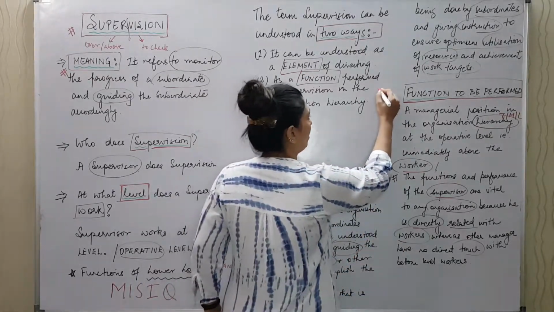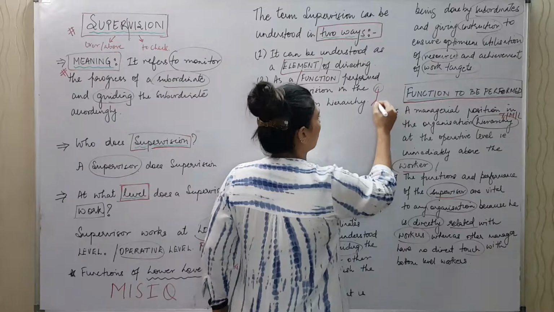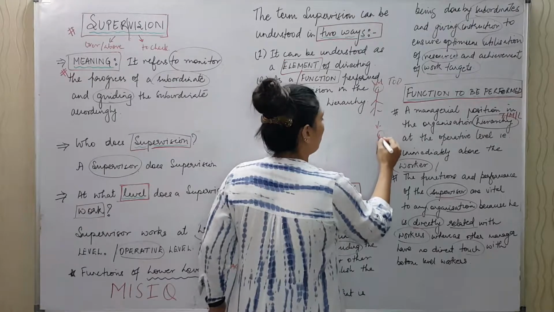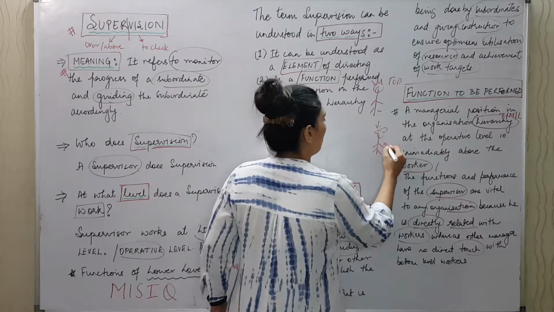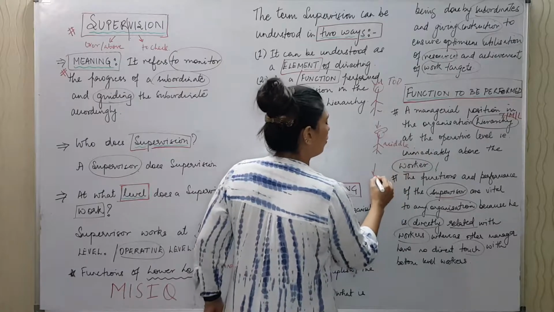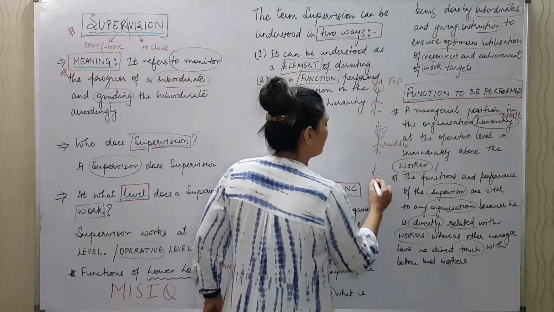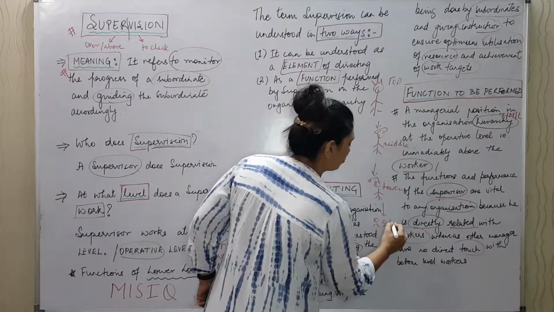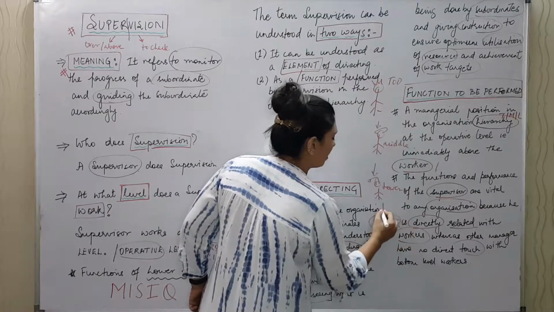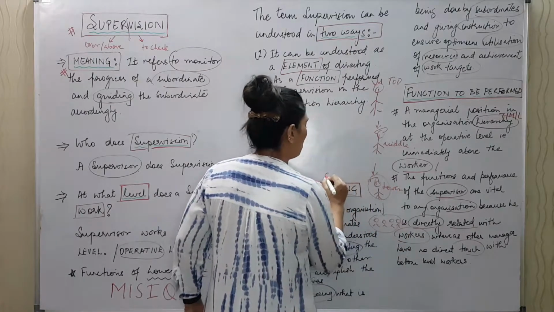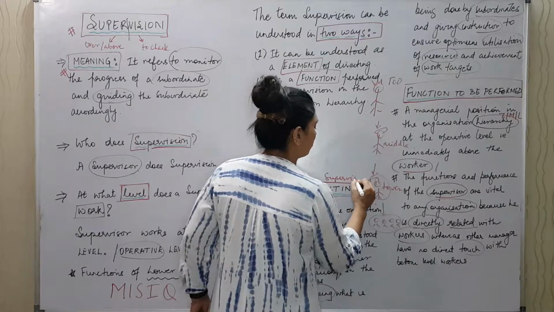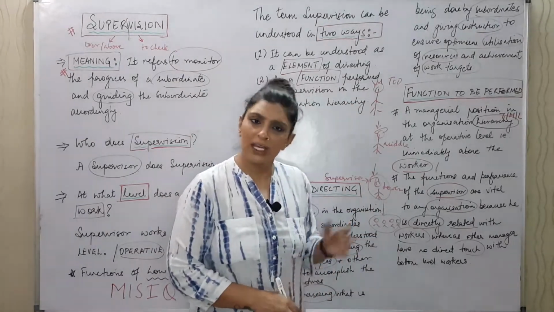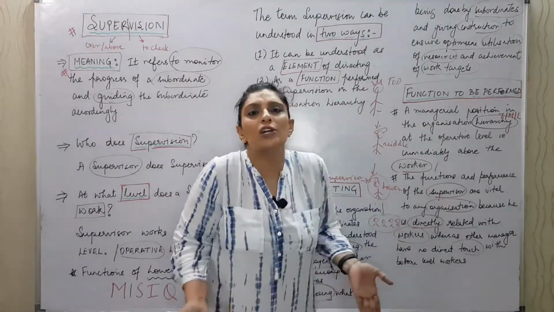So in the hierarchy, suppose I am talking about this person as the top level personnel and he has a subordinate here, a middle level operative, and then we go down to the next level and this is the lower level supervisor. So what is he going to do? Who is going to check these people who are performing the work? This work is done by him, the supervisor in the organization. This is nothing else but the controlling function being performed.